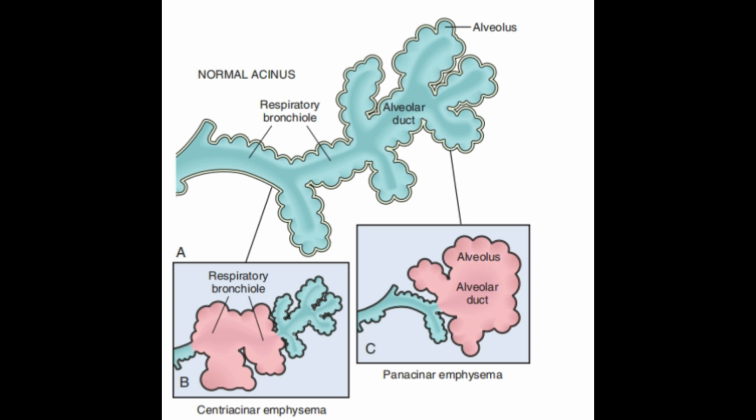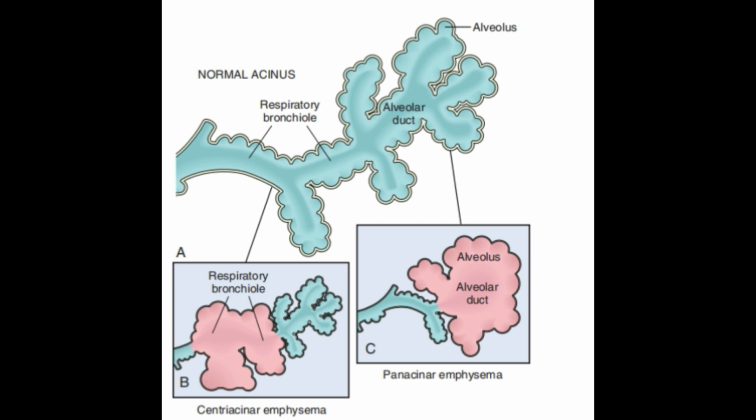Anatomically, we can classify it. As discussed earlier, the acinus is the structure distal to the terminal bronchiole. After the terminal bronchiole comes the acinus. A cluster of 3 to 5 acini is what we call a lobule. So a lobule is nothing but a collection, or cluster, of 3 to 5 acini. There are 4 major types of emphysema, classified anatomically, meaning on the basis of which part of the acinus is affected.